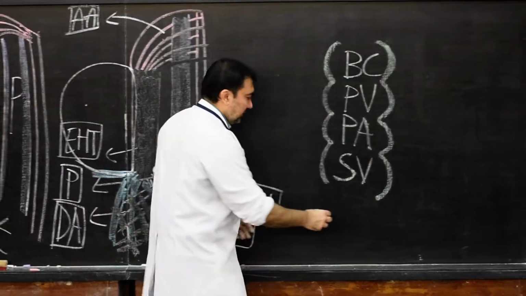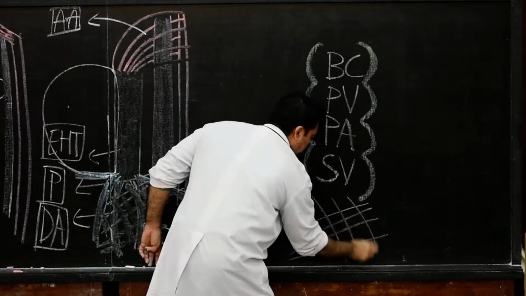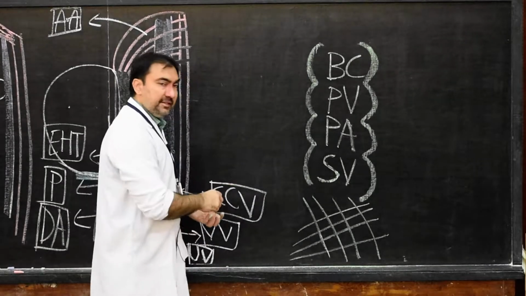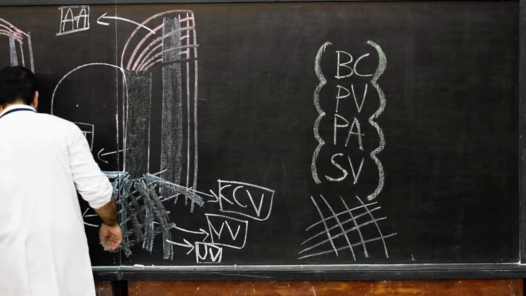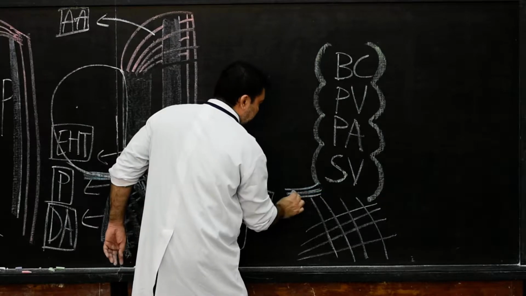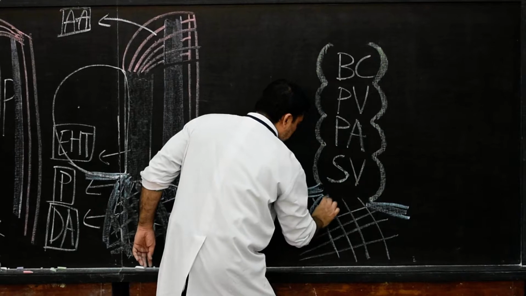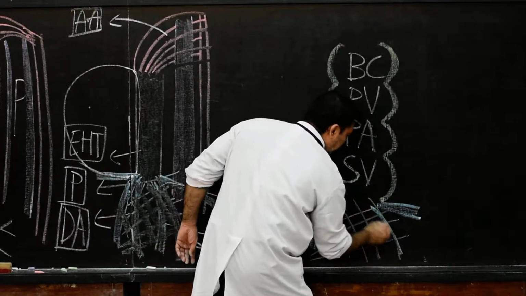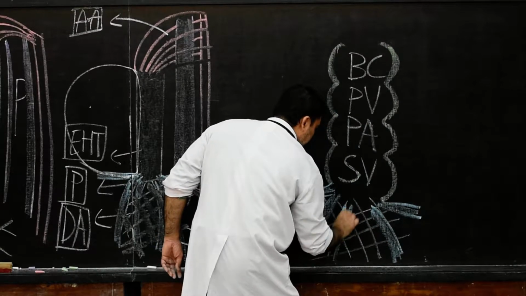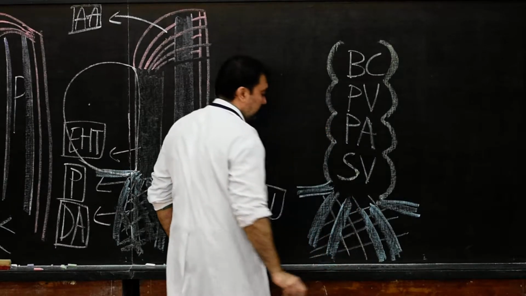So here also, I want to mark the septum transversum at the caudal end of the heart tube, below the sinus venosus. Now I will show that the veins will open here in this way. The 2 common cardinal veins, here also I will draw the 2 common cardinal veins. Then I will show here the 2 umbilical veins, right and left umbilical veins. Then the 2 vitelline veins, right and left vitelline veins.